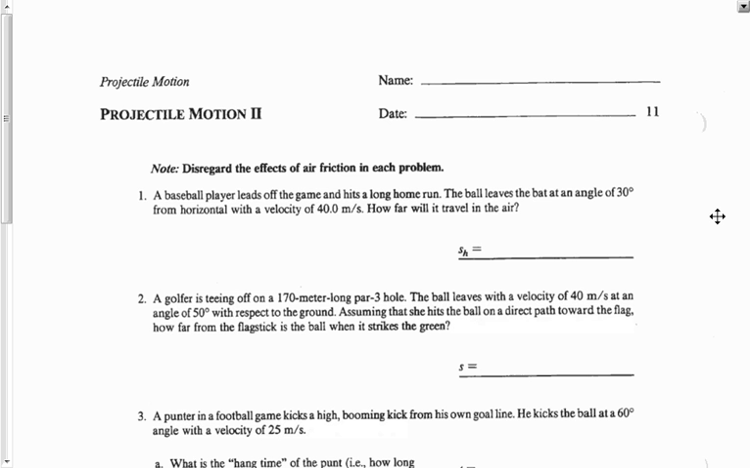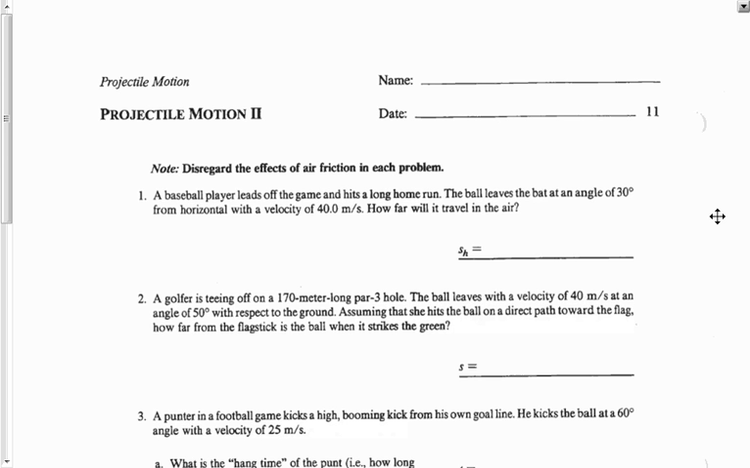Projectile motion worksheet that we had for homework last night, we needed to do number 2 and 3 here. Number 2 says, a golfer is teeing off on a 170-meter long par 3 hole. The ball leaves with a velocity of 40 meters per second at an angle of 50 degrees with respect to